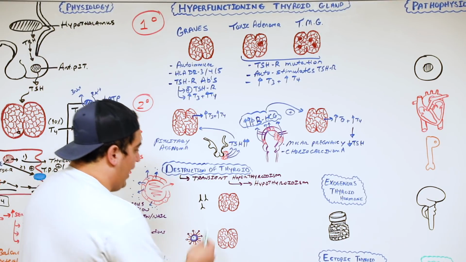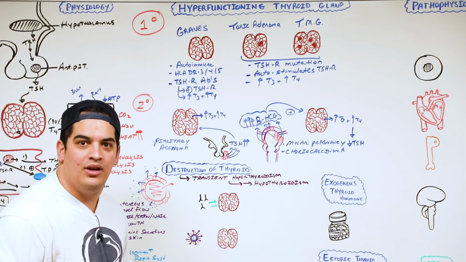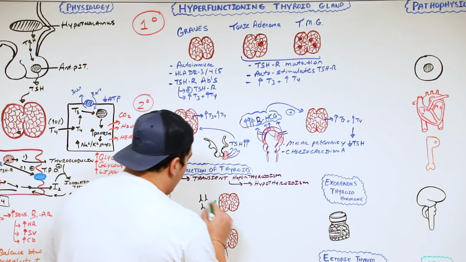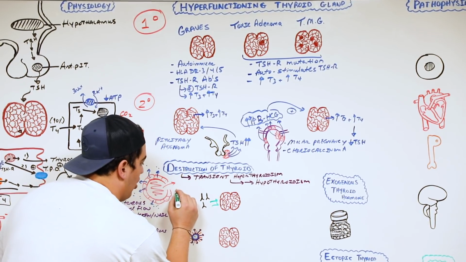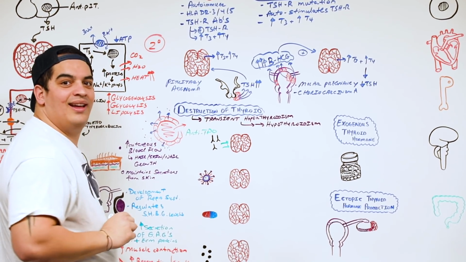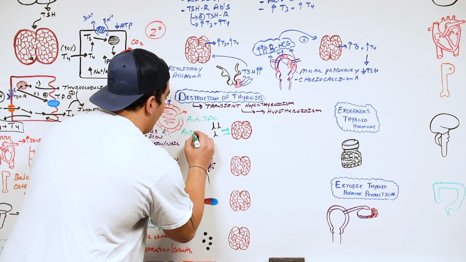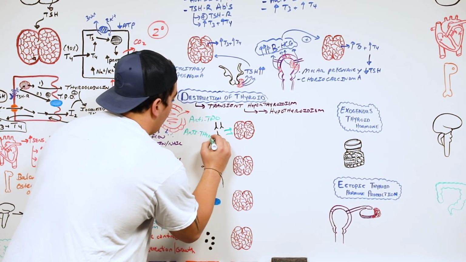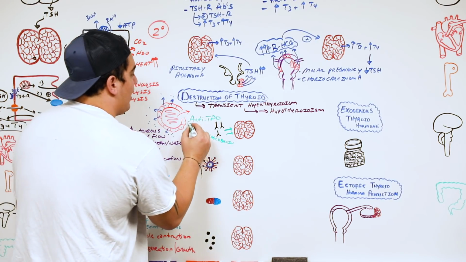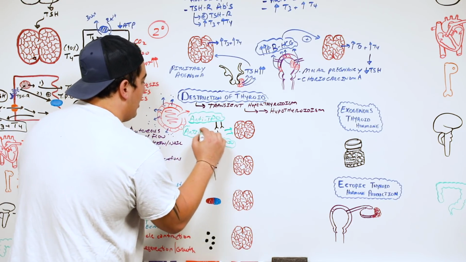First one is antibodies. Antibodies are actually attacking particular portions of the thyroid follicles. You know which structures are being targeted by these antibodies? The big ones are what's called anti-TPO antibodies. What were those? Anti-thyroid peroxidase antibodies and anti-thyroglobulin antibodies. If I'm producing a lot of anti-thyroid peroxidase antibodies and a lot of anti-thyroglobulin antibodies, these are very